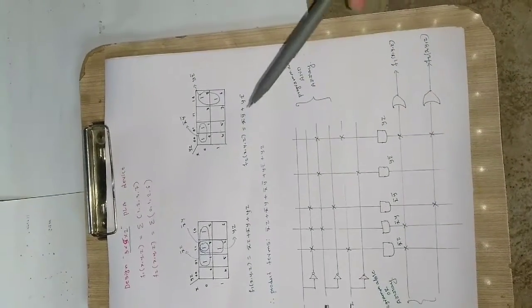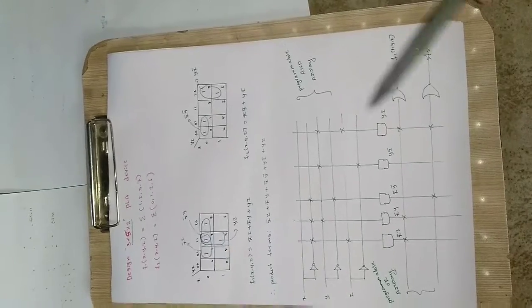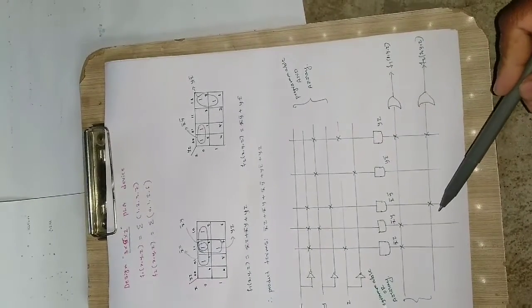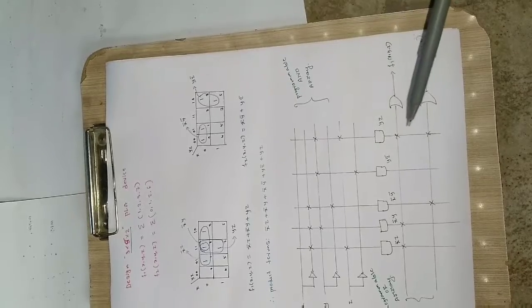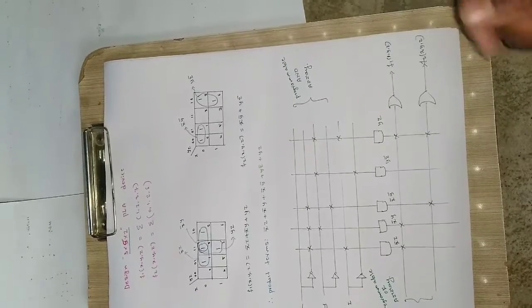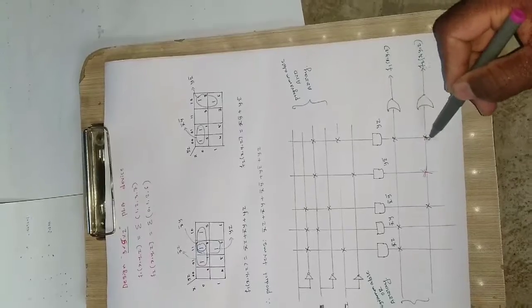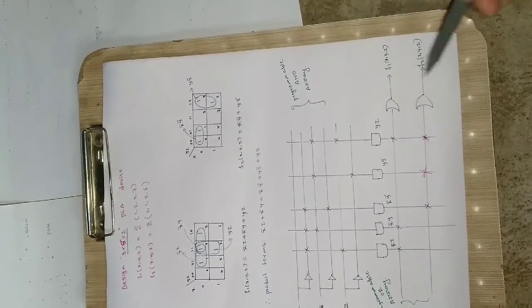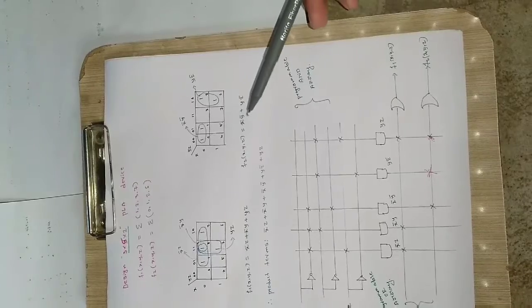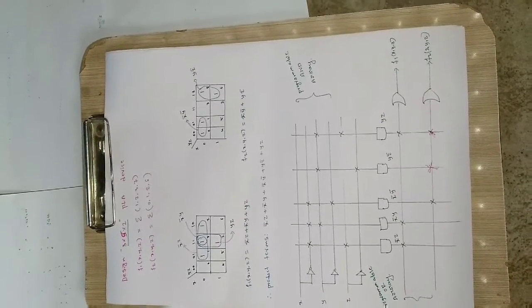And similarly for the second one, I have two terms, x bar into y bar plus y into z bar. So I will take x bar into y bar and solder it here, and then I will go further to y into z bar. So y into z bar is here. Sorry, I have soldered here, it's not here, I have to solder here. So y into z bar I have taken. These two will be added with each other to give the second equation, that is x bar into y bar plus y into z bar. So this is how you can implement a PLA device.